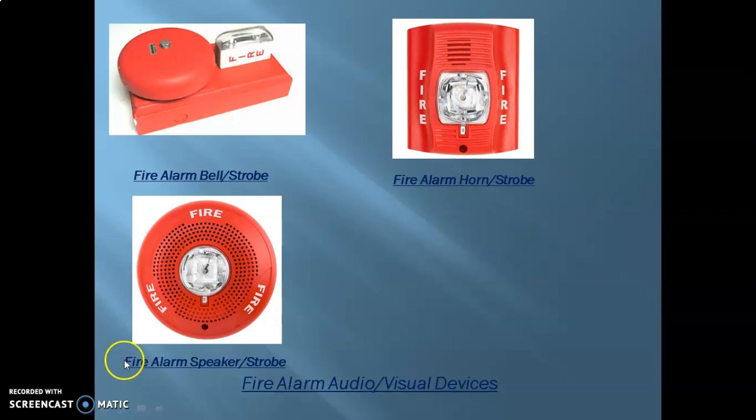And again you have the fire alarm speaker strobe. Now here you can see the speaker that will provide the audible signal in words. It will provide certain programmed messages that will be played throughout the protected premises in the presence of a fire alarm condition. And along with that you will have the visual aid or the visual signal provided here by the strobe in the same unit. So with that, this completes the notification appliance section.